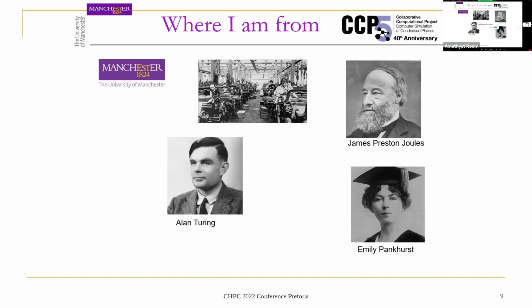All right, so the university is very linked with the city itself. In terms of our historic connection with HPC, of course, Alan Turing was one of the academics in the Department of Computer Science, which is now one of the world's leading departments of computer science. But the city is also famous for the Industrial Revolution that happened in the 19th century, mainly in Manchester, where basically machinery was put into the production of cotton mainly. And out of this industrial revolution, the university really started.